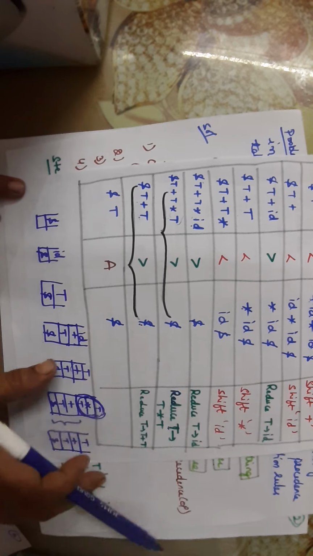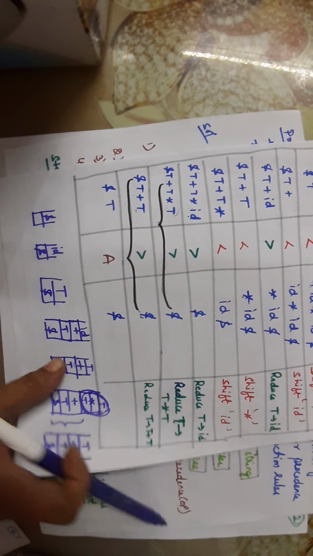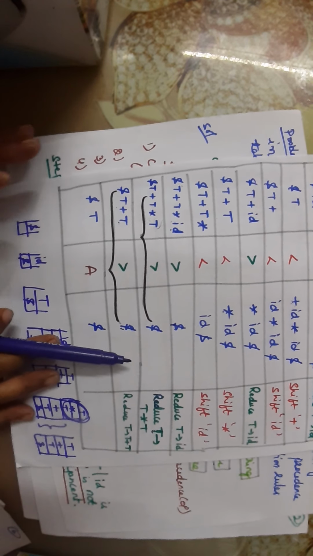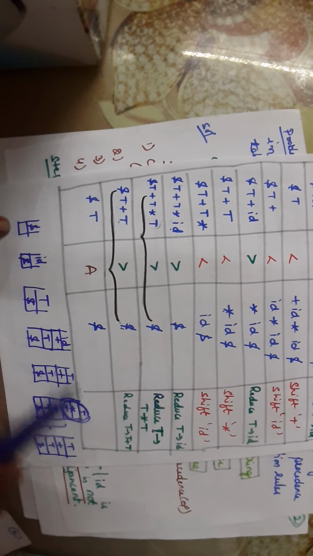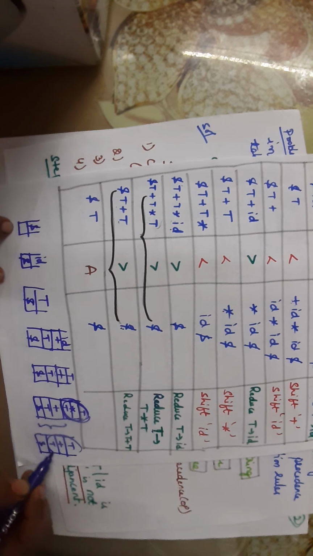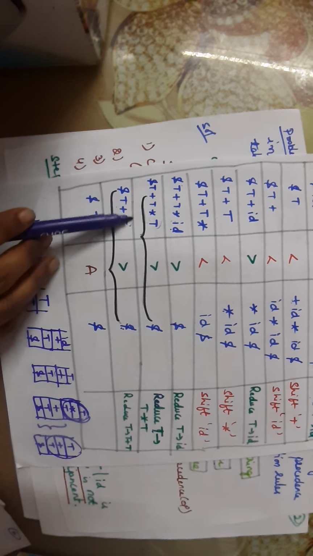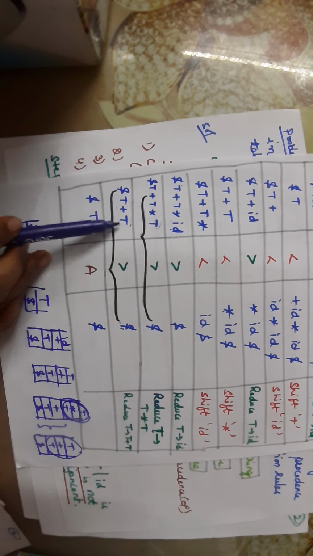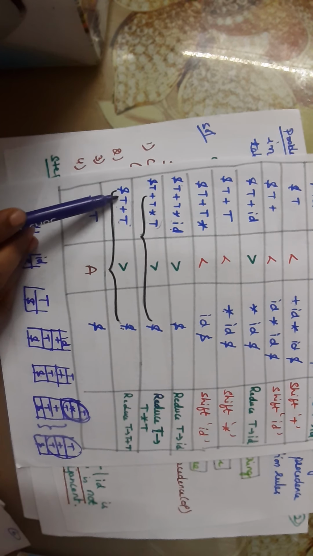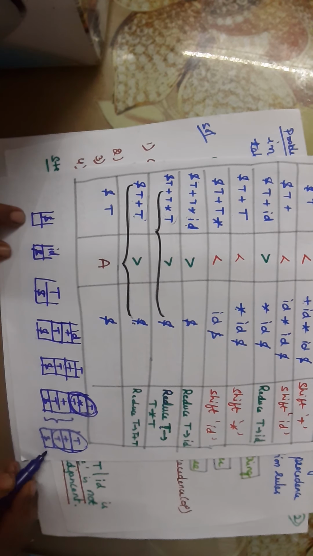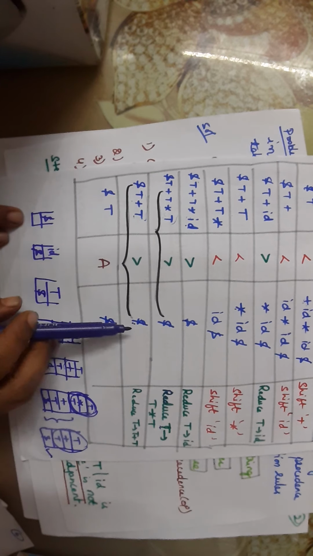Now what is the other production which is given in the question? When plus is there, plus is associated with T plus T. Now I have to check whether there is any T plus T. Yes, there is a T plus T. That means now I have to consider this whole thing as one non-terminal, as one variable. Let us consider it as a capital letter A, B, C or something. One variable, and I have to reduce this complete thing. When I am considering this as one variable, I should check the remaining terminals. So what is the only remaining terminal here? Dollar. So now compare dollar with dollar.